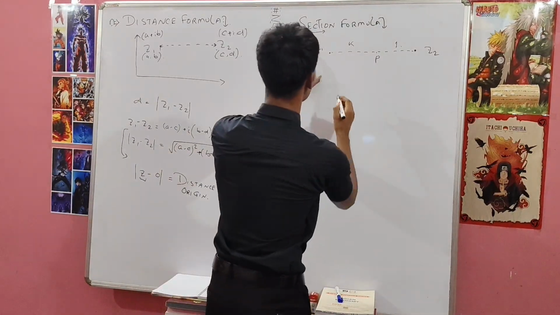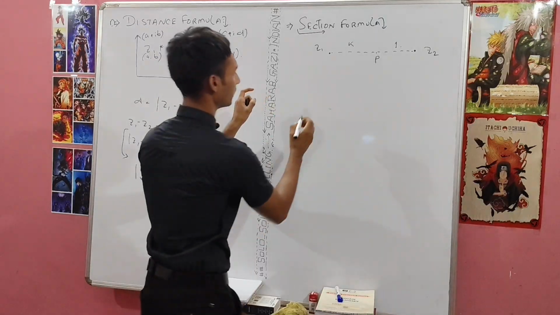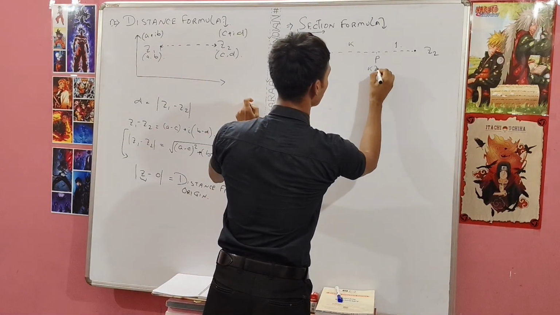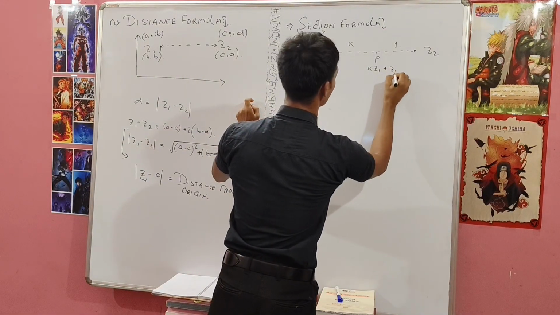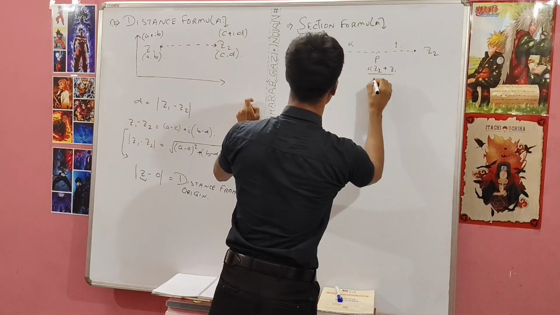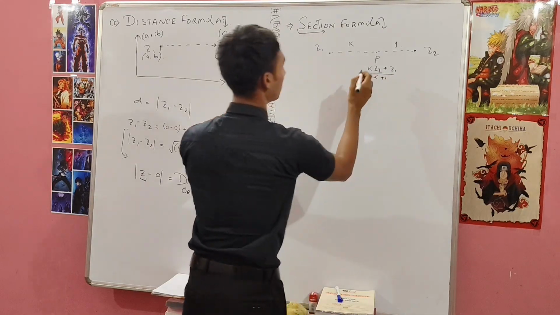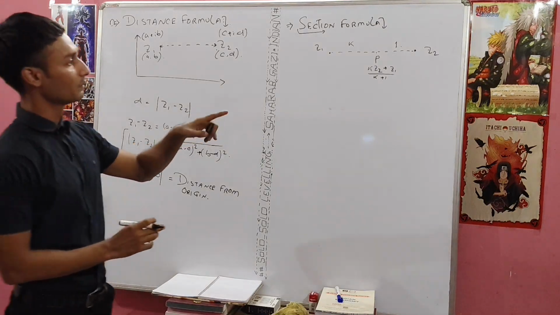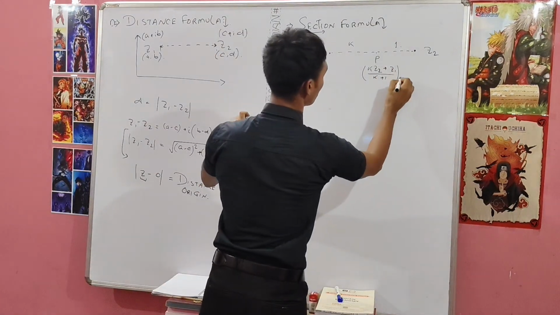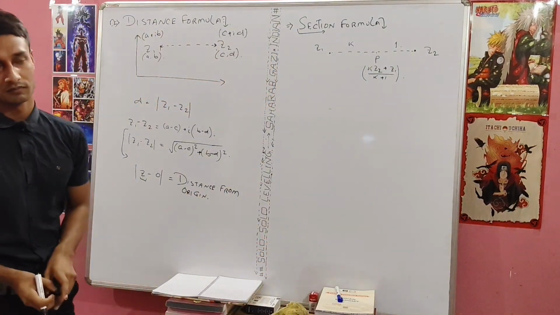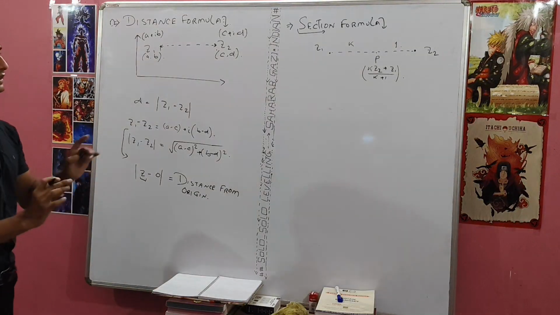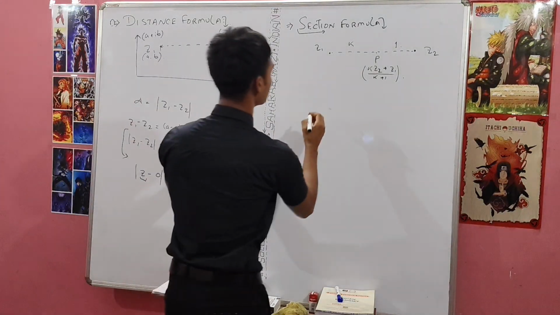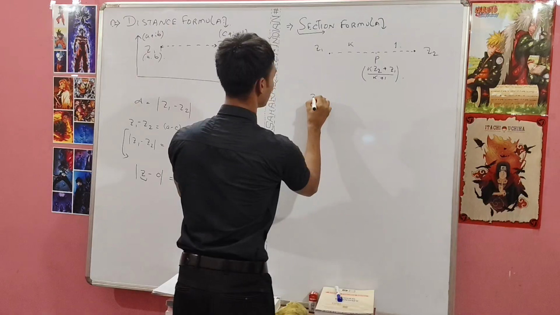In the same way, you just need to do (k z2 + z1)/(k + 1). If we put the values of z1 and z2, it will reduce into x + iy form, the complex number form. This is if divided internally. Now externally, like z1 here,